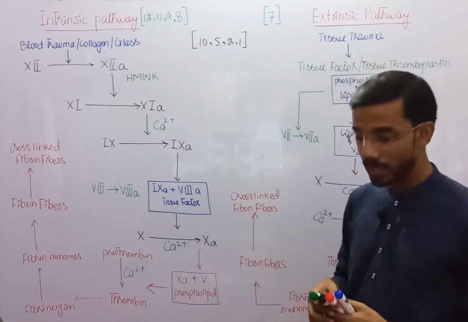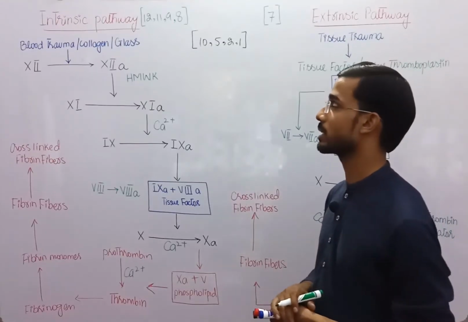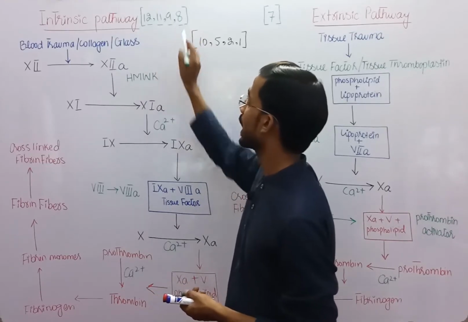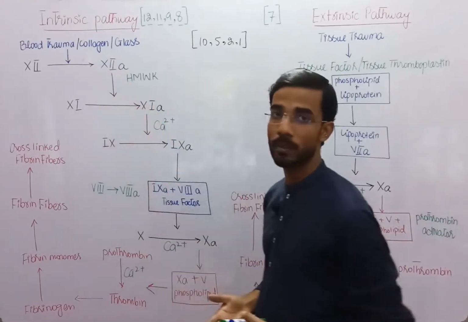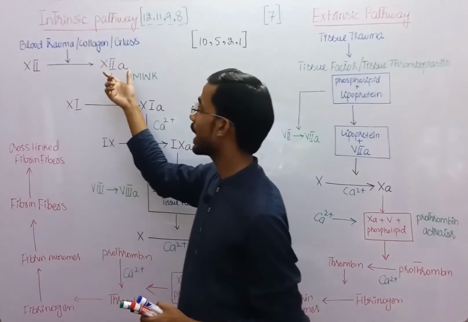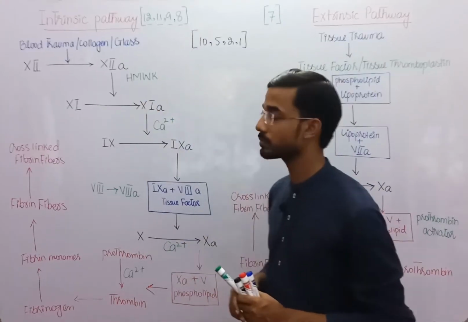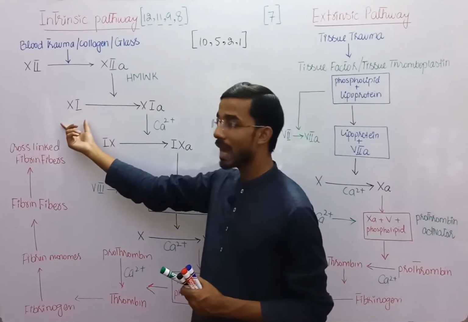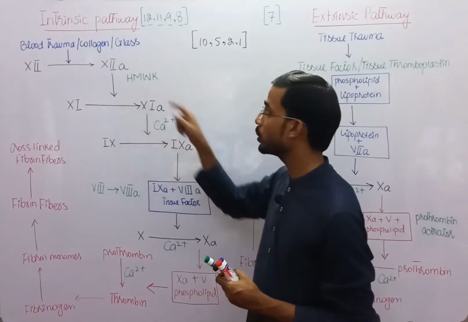Before we start, keep in mind which factors are specifically involved in the intrinsic pathway: factor 12, 11, 9 and 8. So damage to the blood vessel, collagen or glass activates factor 12 and converts it into activated factor 12. A stands for activated. Then activated factor 12 converts factor 11 to activated 11 with the help of high molecular weight